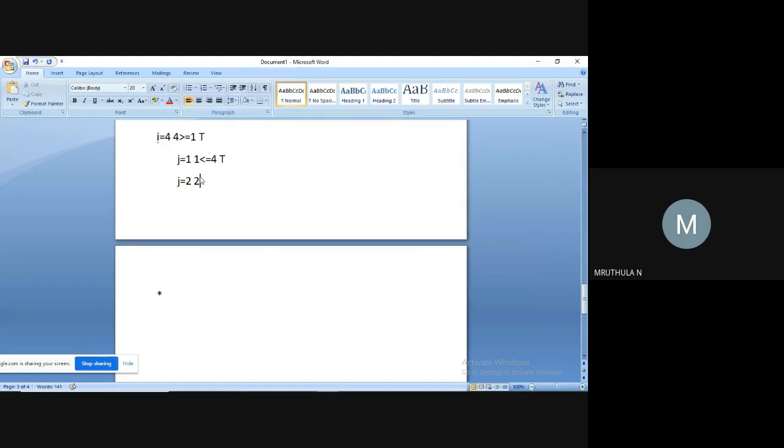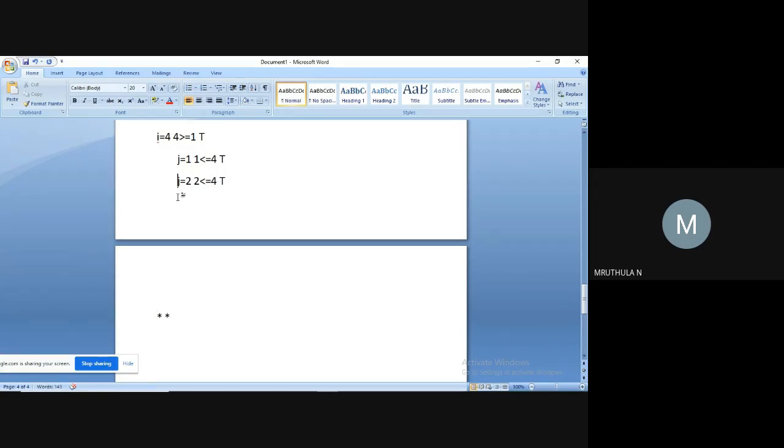Again, it checks whether j is less than or equal to the value of i, 2 less than or equal to 4. Condition is true. Whenever the condition is true, the body of the for loop of variable j is executed. So again, we get a star on the same line.